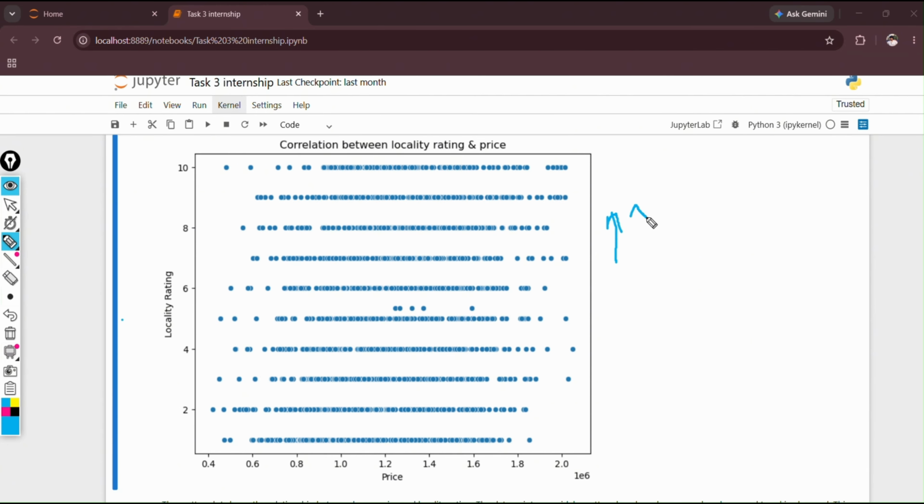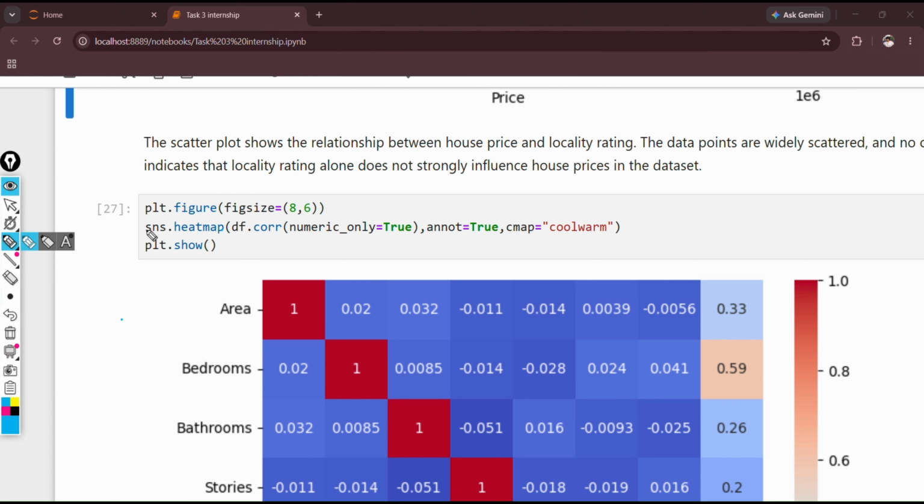This suggests that other features like area, number of bedrooms, and furnishing status may have a greater influence on house price than locality rating alone. Next, we will create a correlation heat map to analyze the dataset. Here, we used sns.heatmap to create a correlation heat map. Here, df.corr calculates the correlation between all numerical columns in the dataset. The numeric_only=True